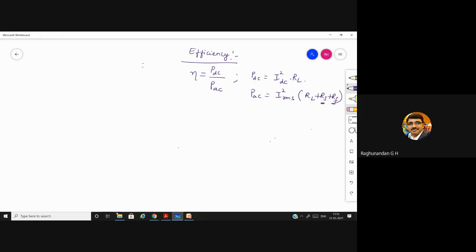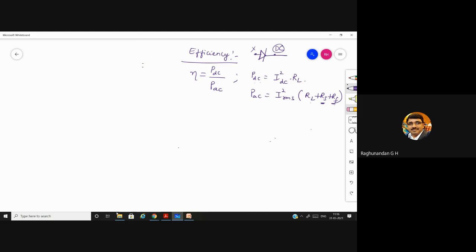But here in DC, what happens? This DC signal is obtained only after passing the diode, right? See, at this point, whatever you are having is not DC. At this point, whatever you are getting is DC. That means the DC is obtained after the diode, not before the diode. But AC is flowing before the diode also and after the diode also.